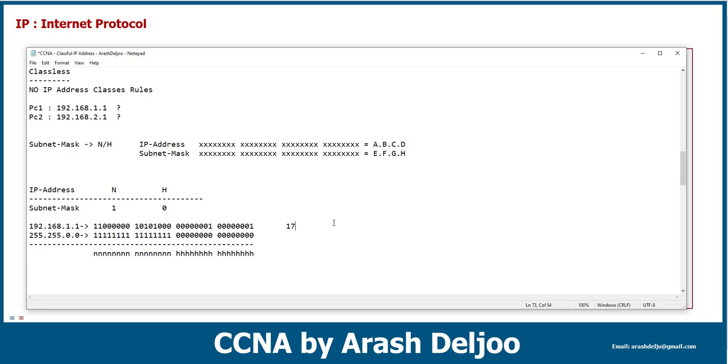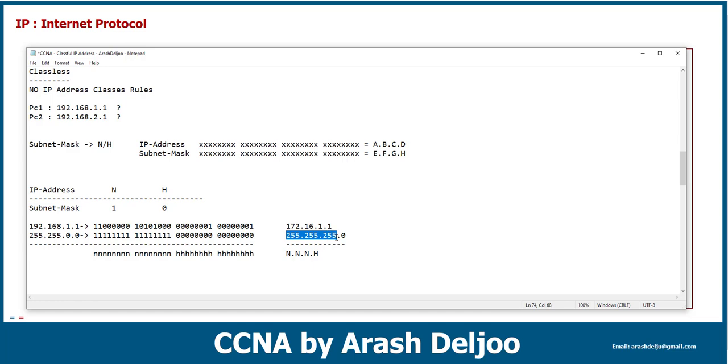Let me give you another example. For example, 172.16.1.1 with this subnet mask 255.255.255.0. Here I'm not going to write this value in the binary format because it's easy. Look at here, 255 means all 8 bits of the correlating bits in the IP address are the network bits. The first part is network bits, the second part also is network bits, the third part is network bits, and the last part, the last octet, is the host bits,